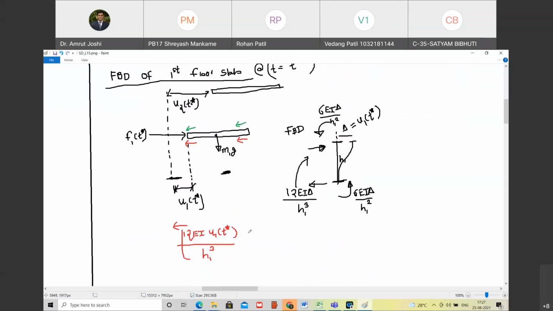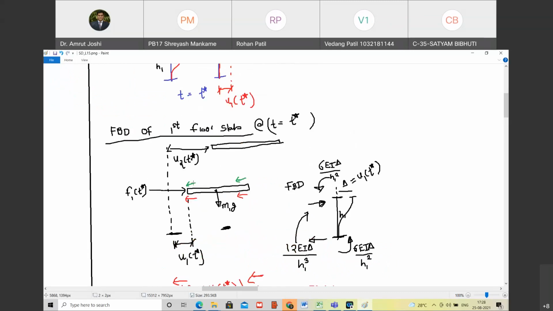So should I multiply this by 2? Are you with me? Yes, sir. And similarly, this is also going to be equal to the same quantity. So what is the total force corresponding to two red arrows? It is 4 times 12 EI delta upon H1 cube. Do you agree with me? Yes, sir. चलो अब जरा एक काम करते हैं, यही चीज we are going to do it for the green lines shown here. Happy?